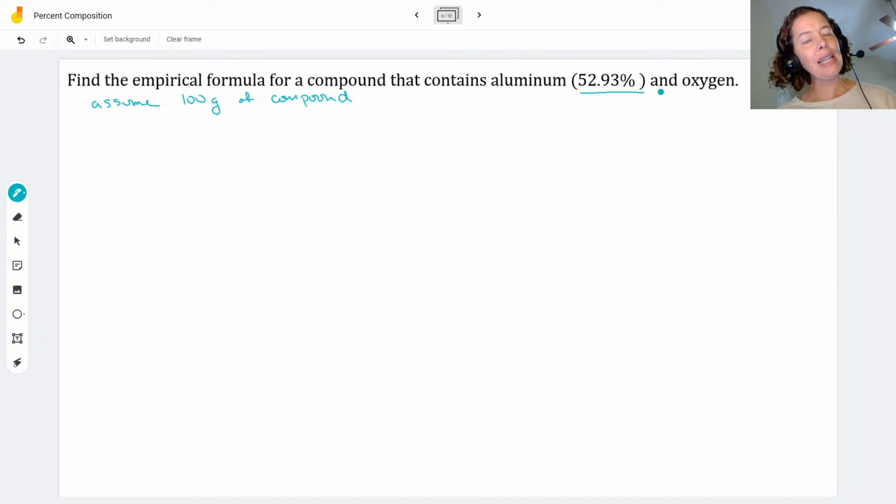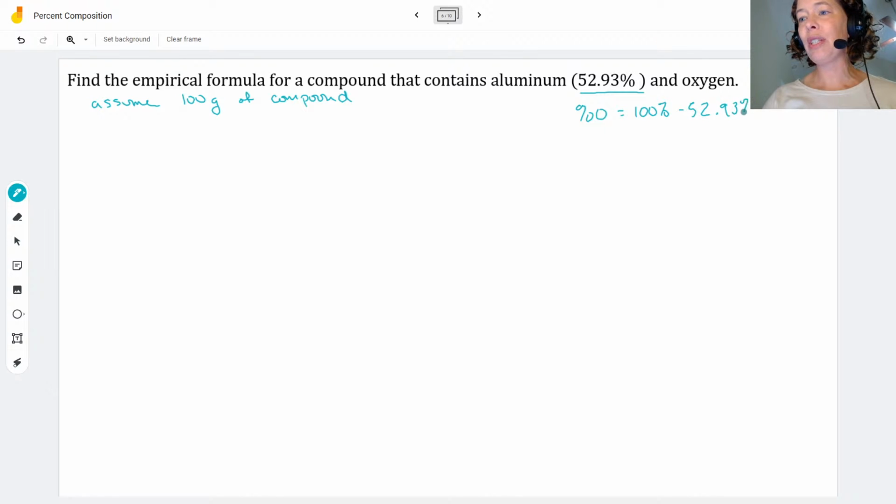So how are we going to get the percentage of oxygen? Well, hopefully you're already thinking, wait, my percentages should add up to give me 100%. So if I have aluminum and I need oxygen, I should just subtract from 100. And you would be exactly right. So for the percentage of oxygen, this is simply going to be 100% minus 52.93%, which makes our percent oxygen